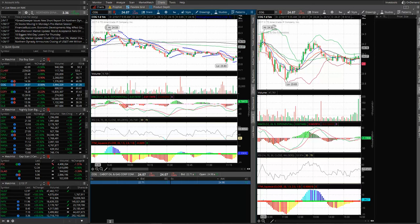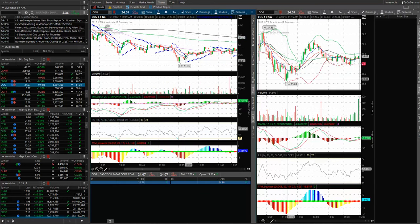I have like two consecutive red candles, and I would have watched it and I said, whatever. But I would have been watching this, and then it kind of gaps up, and then it kind of washes out and sells off, and you see it bounces off, but it sells off and sells off and sells off. But then look, it finds its first support here at 23.93, and then it goes all the way up to like 24.4, and then it sells off, and then it finds its